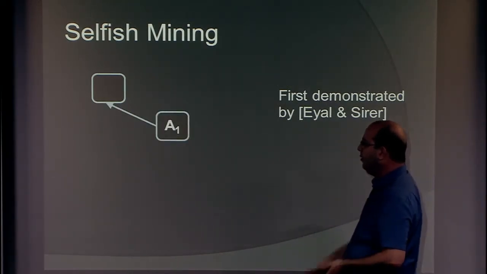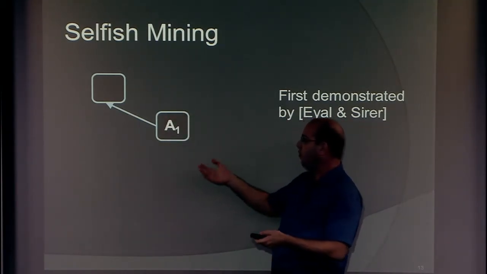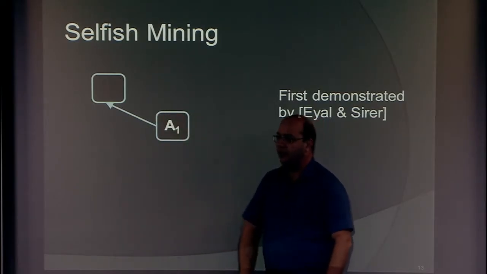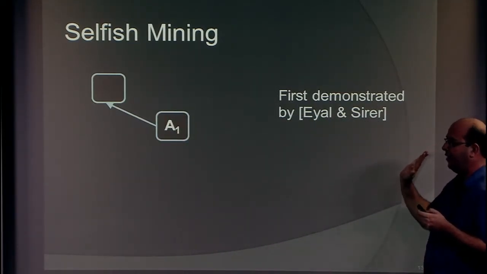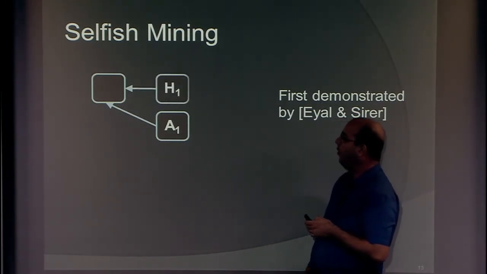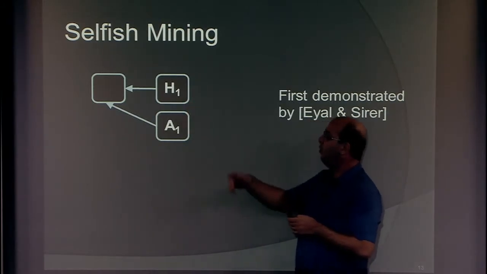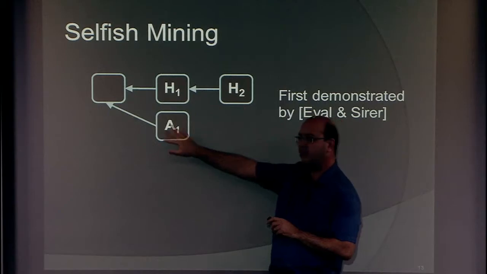Let's say I'm the attacker, and I build a block, one of the blocks as usual. But instead of sending it out, I just keep it. I withhold it to myself for use at a later time, maybe. Now, this could be very bad for me if the honest network builds another block, and maybe a second one, before I do anything else. I'm going to basically lose that block.